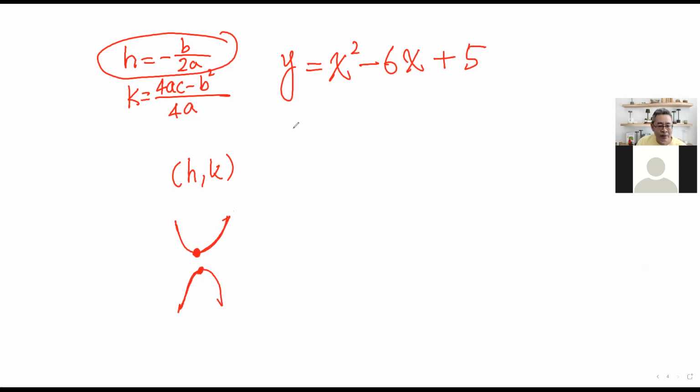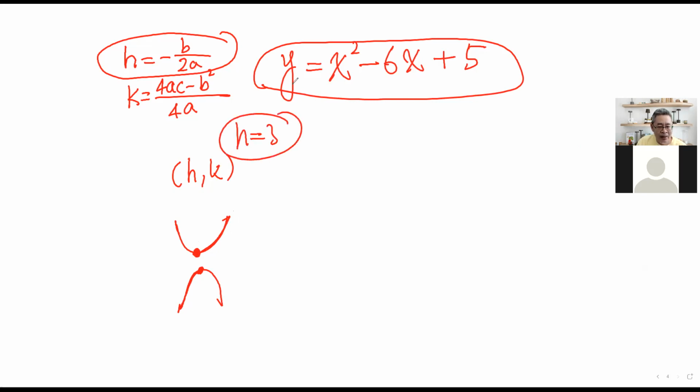So if you plug in h, in this case our h is 3, into this function, that means our x will be 3. We plug that in. So in this case, k would equal